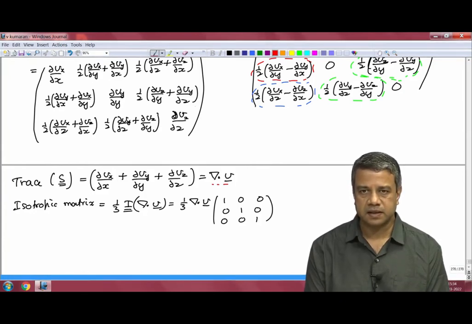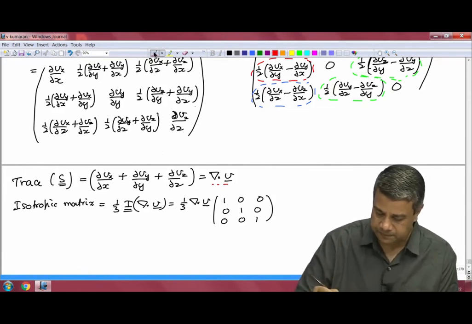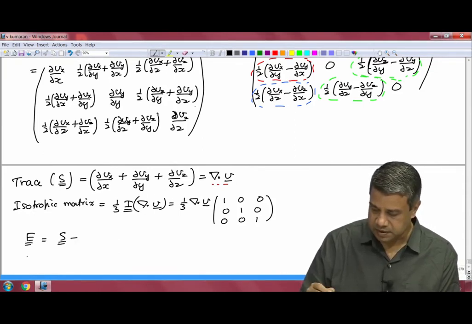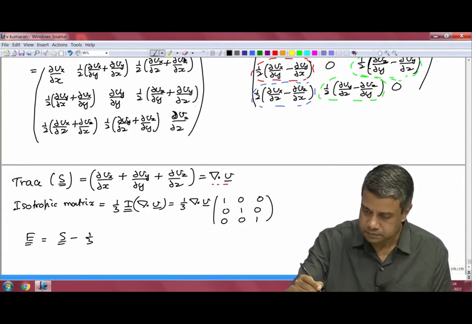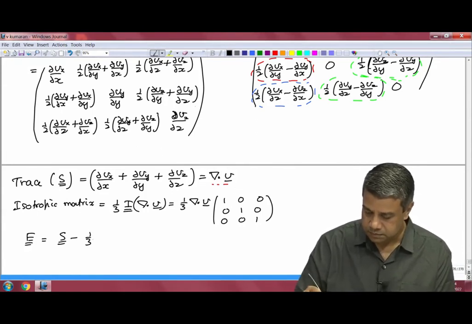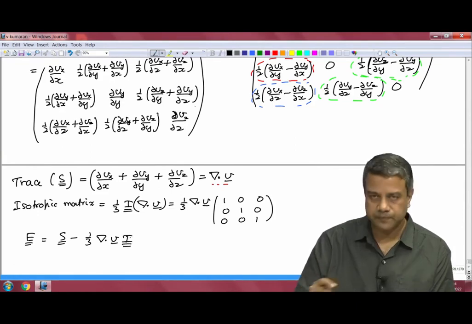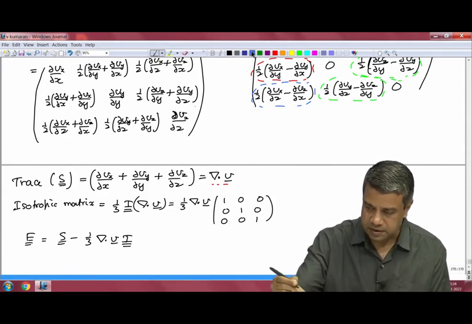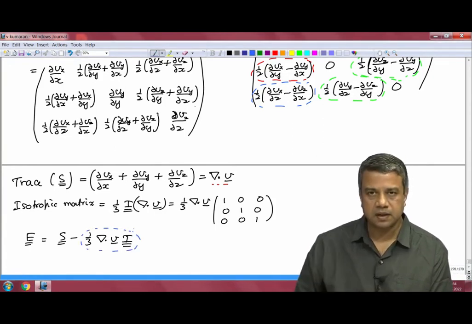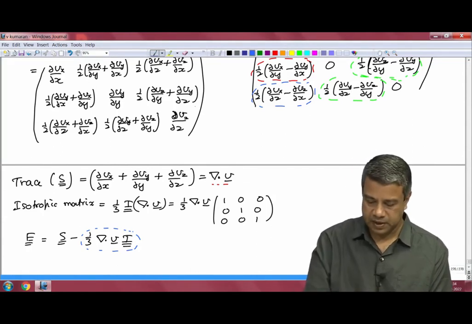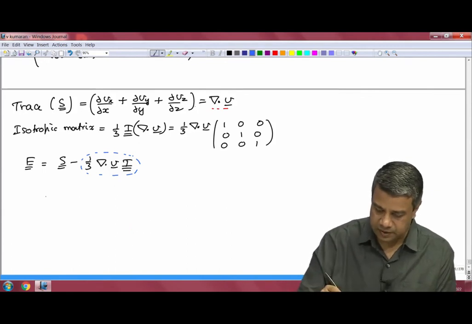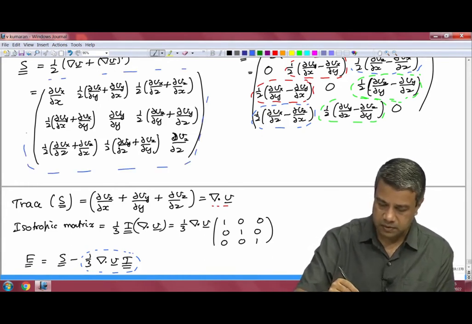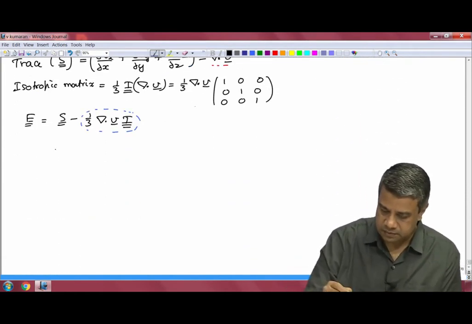Therefore, I can define a matrix that has 0 trace by taking the difference between the two. The matrix with 0 trace, I will call the matrix E, is equal to S minus 1 by 3 divergence of the velocity times I. This second term is an isotropic matrix. It has diagonal elements that are non-zero and equal. And therefore, the matrix E, if I write it out in long form in a manner similar to what I have done over here, is equal to